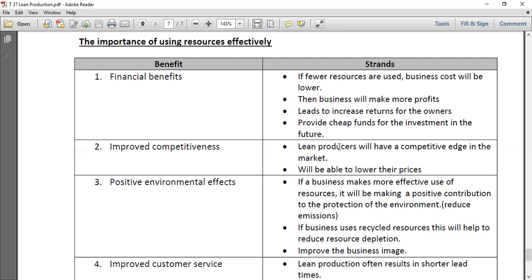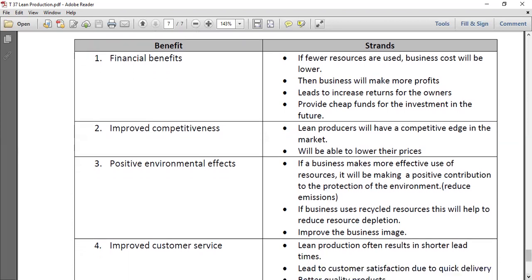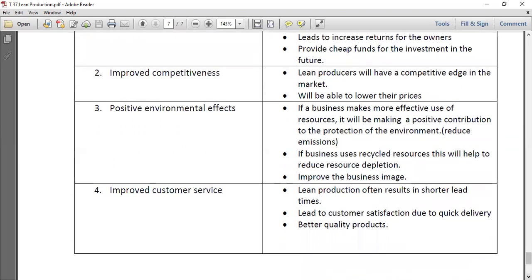So these are the links. You can see financial benefits. Improved competitiveness. In this case, you can see competitiveness improvement. Lean producers will have a competitive edge in the market. And lean production, because of that, will be able to lower their prices. And